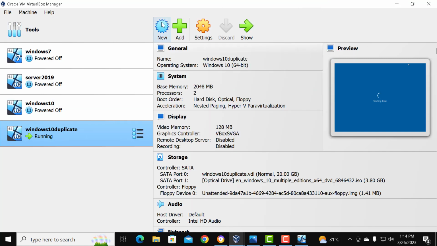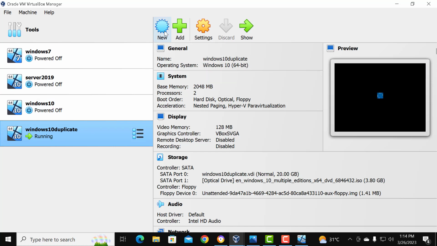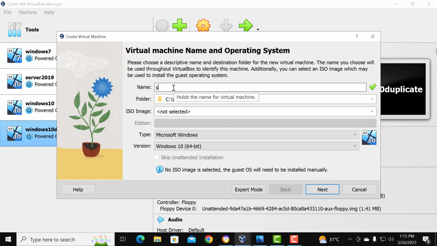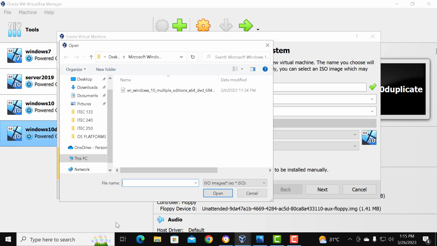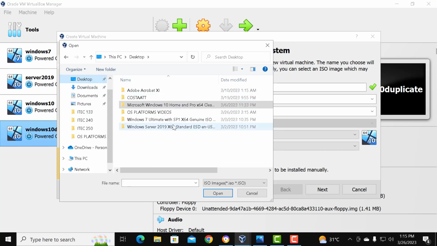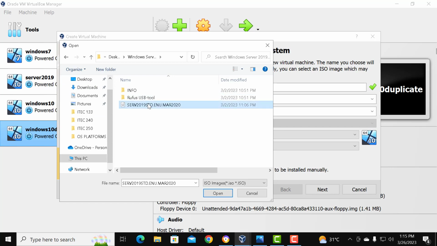What we're going to do is move on to the next step, which is the critical step. That's Server 2019. We need that machine. So we click on New. In this case, I'm going to make a duplicate again. You go down to ISO image. You click on Other, and you go to where I have my desktop, Server 2019. And there, again, look out for the ISO file. You would know when you get it. Press open,